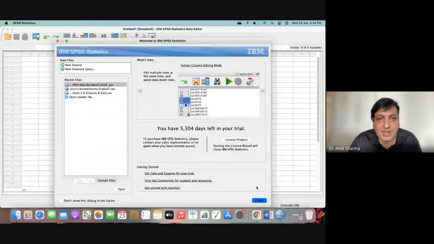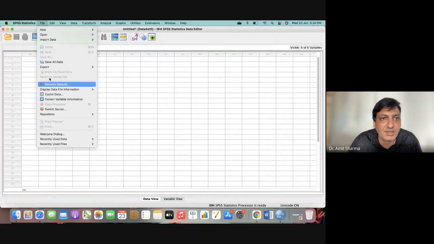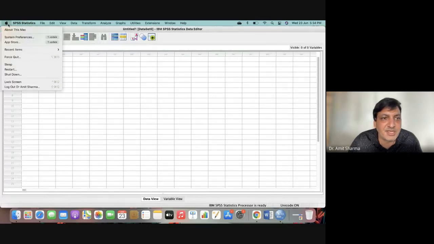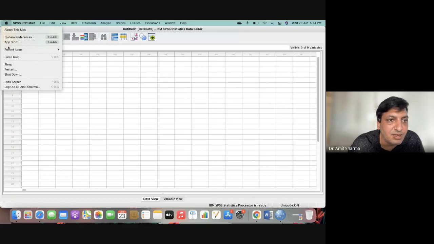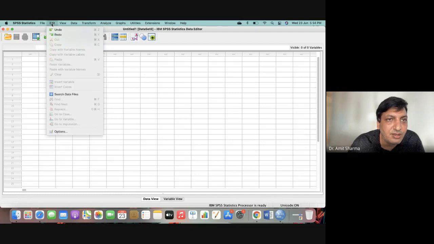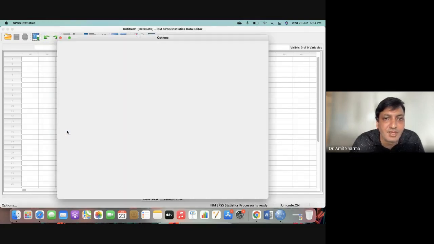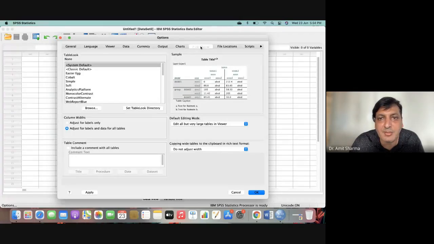What you can do is go to SPSS Statistics, and I was using a previous version, so there it was under the option file. Yes, we have an option, and under the option you can go for pivot tables.